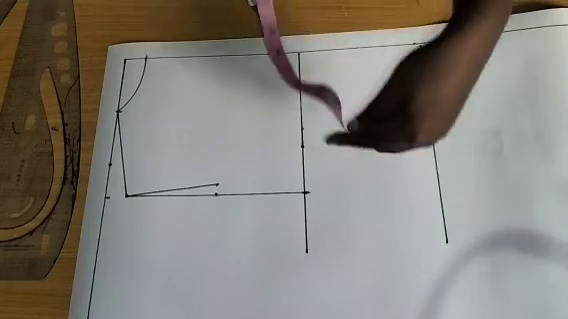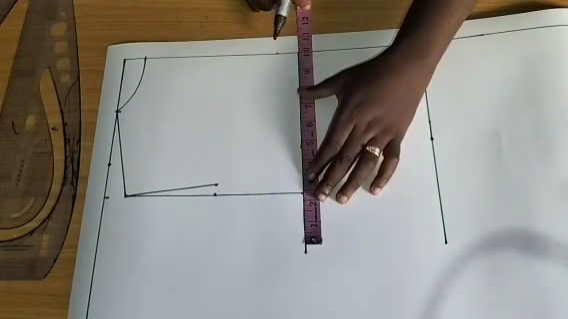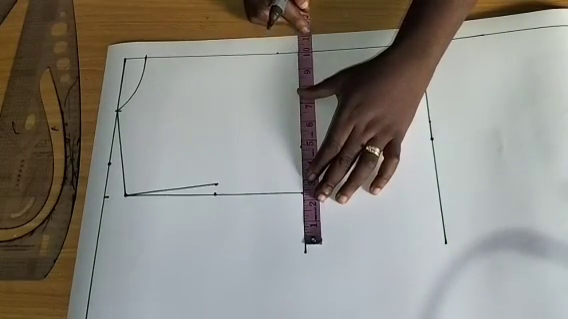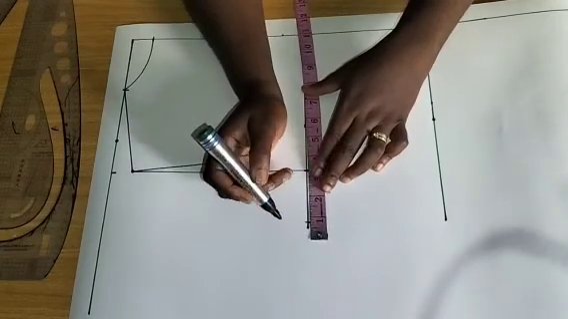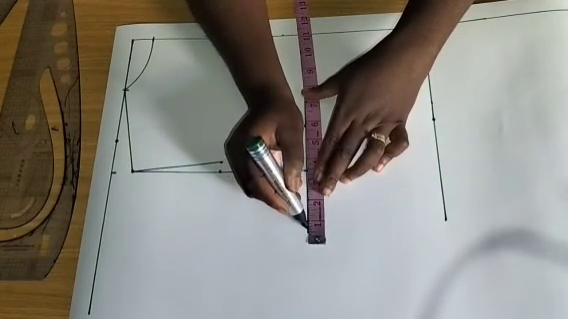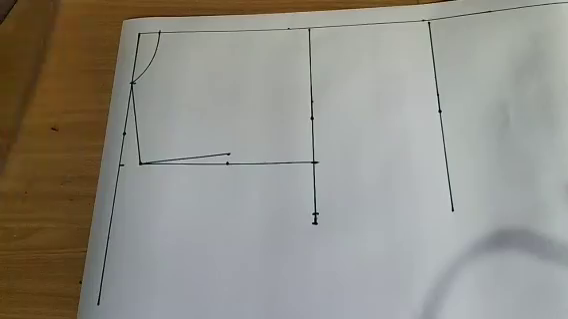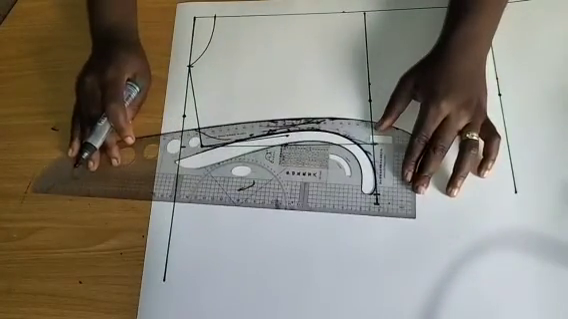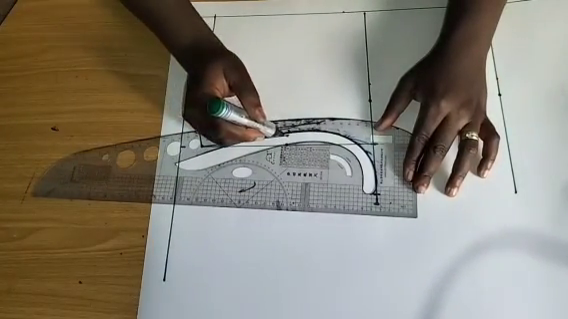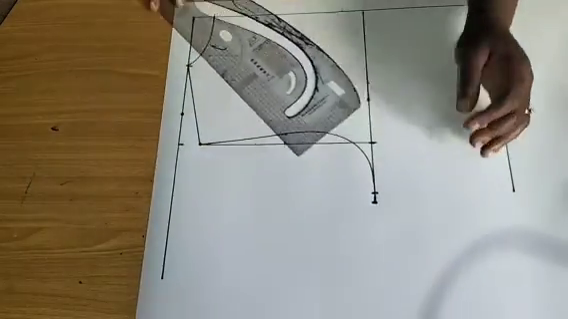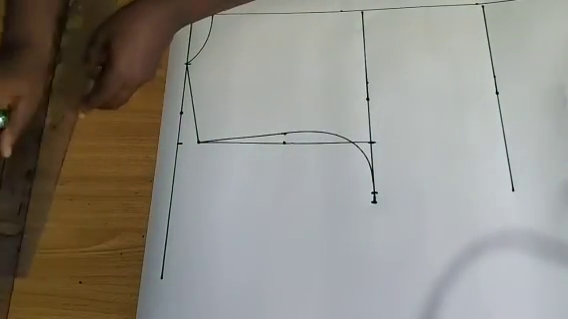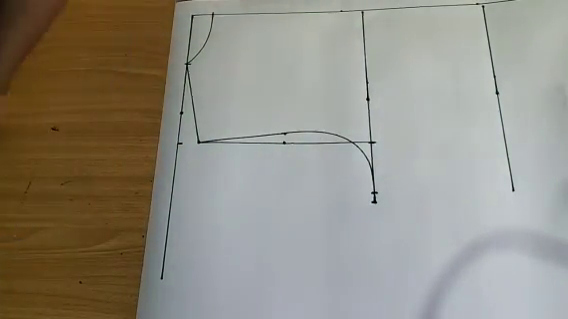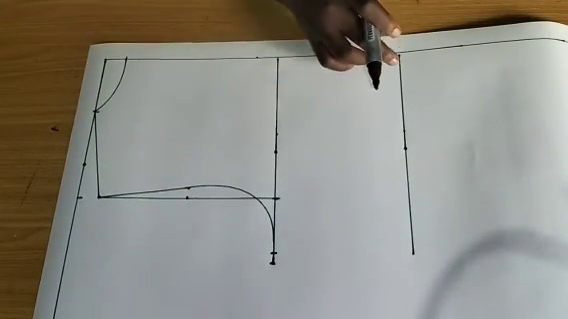Then my bust circumference divided by 4 is 10 inches. So I'll mark the 10 inches and add half an inch of ease to my jacket. So once I've added half an inch of ease to my jacket, I'll go ahead and rule the armhole line. So once I'm done with that, the next thing I'm going to do is to mark out my